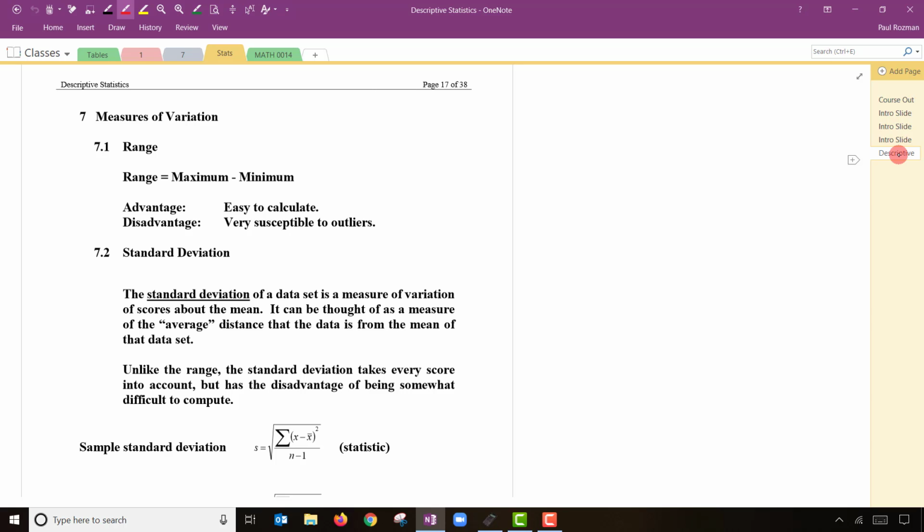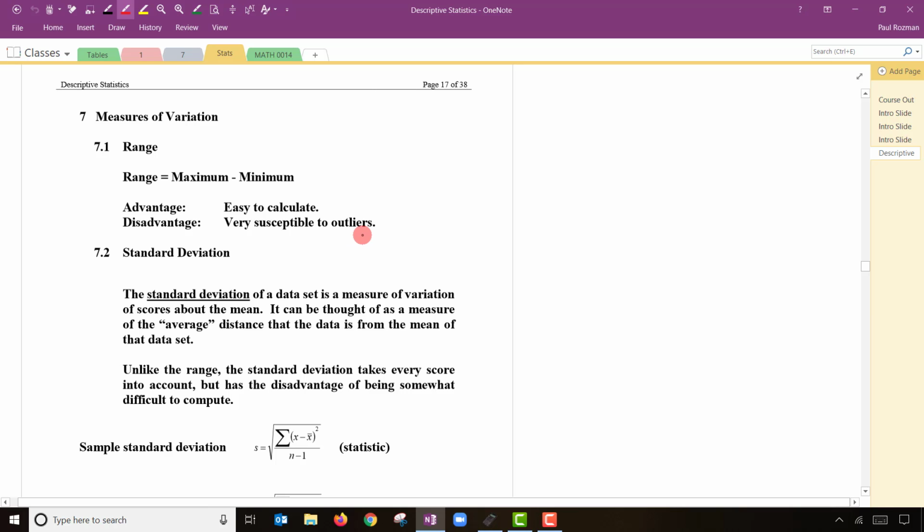Oftentimes we use the word range to mean from A to B is a range of values. In statistics, it's a single measurement. It's the maximum minus the minimum. So it's basically the distance. It's a nice measure of variation because it's super easy to calculate, but its downside is it is susceptible to outliers. So one strange value in your data set will make the data set look like it's very spread out